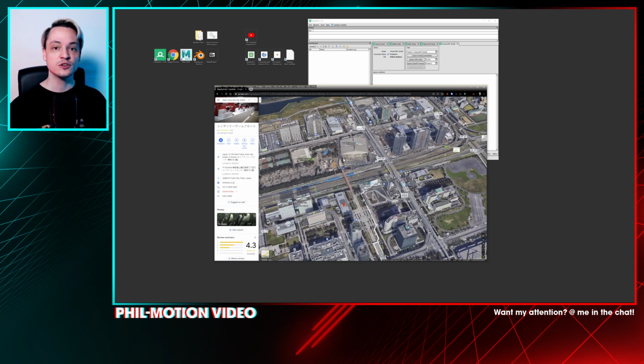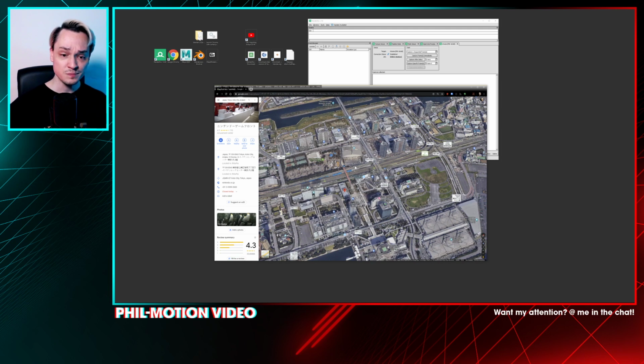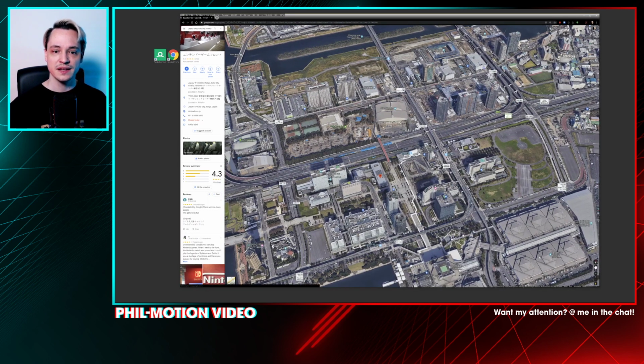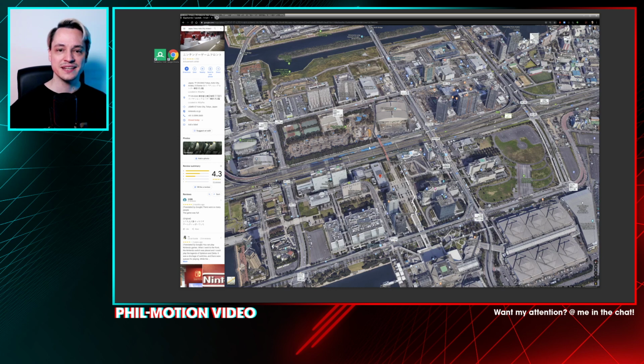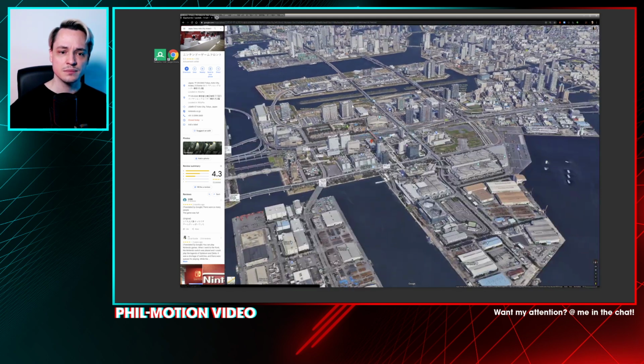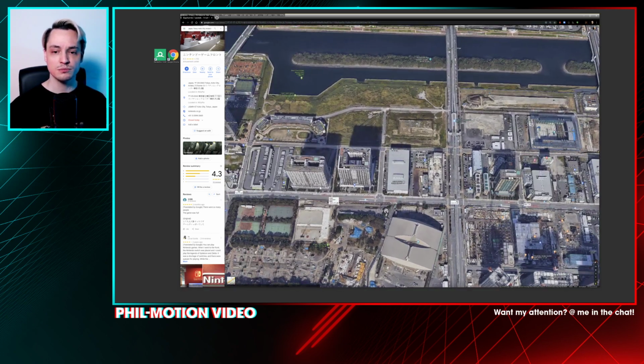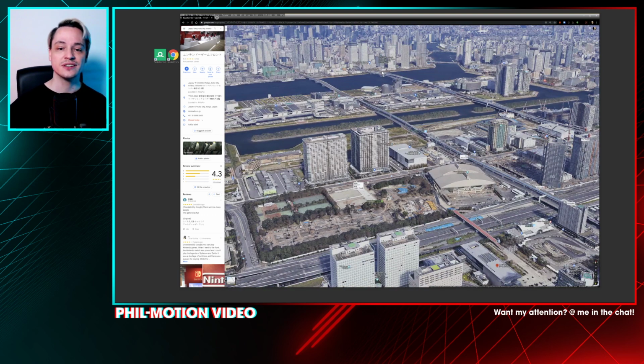Okay, next thing is how to position your camera if you want to capture something. The big problem with Google Globe, as we have it here, is that it's very well managed in terms of, not depth of field, what's it called? Level of detail. Because as soon as you zoom out, it switches over to very low resolution images or low resolution models and textures. So you want a way to force Google to use the highest definition that you can squeeze out of it. And one trick is to